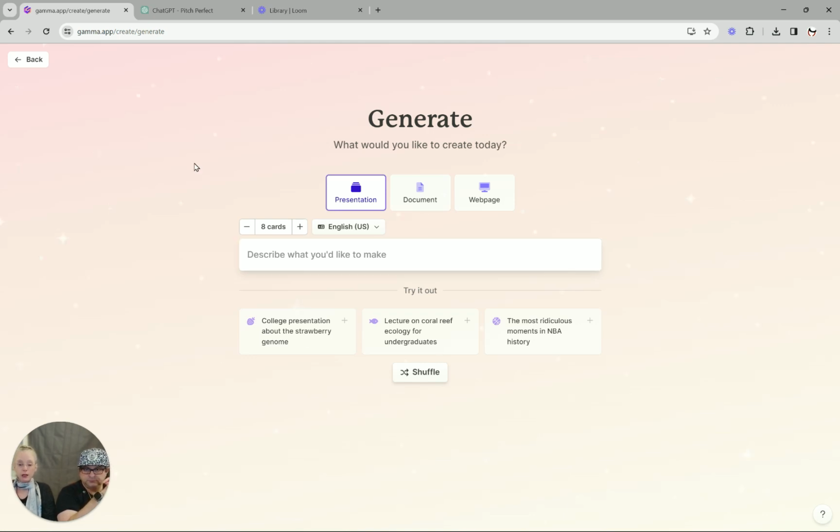So in Gamma.app, we're going to ask for a presentation, and if everything holds, then at the end of this, as long as we don't close out, we can come back and do a webpage. One thing we found out is if you close out of your creation and it finalizes it, your prompts are locked in and you can't go back and do your webpage. But you can design a webpage very quickly. So as long as we don't do that, we'll be good to go. All right, so what we're going to do is